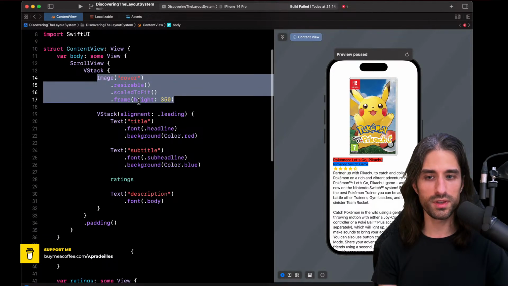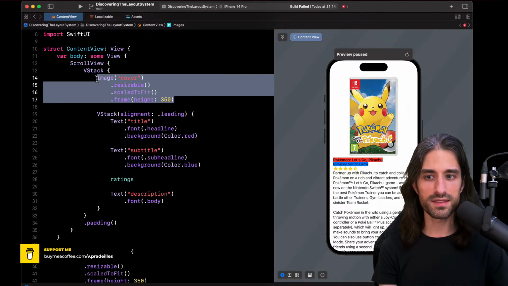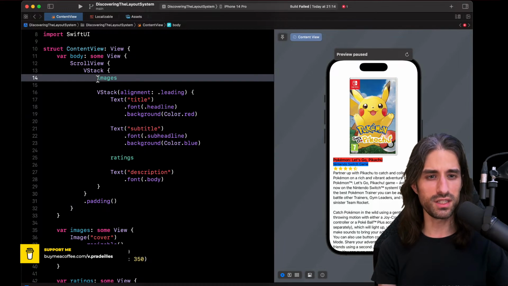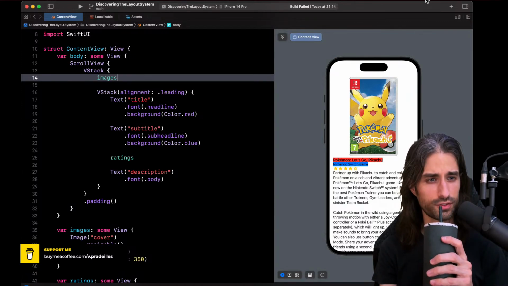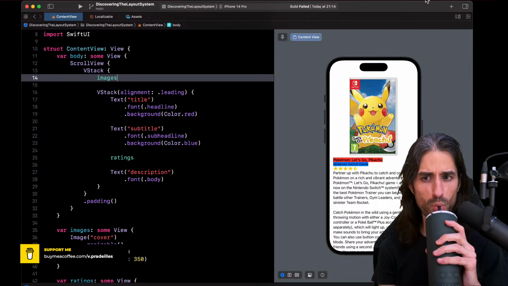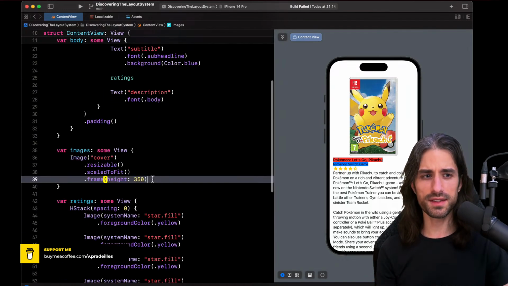So what I want to do is put the image that I have for now inside my images and replace this right here with images. So I should have the same code as before. Okay, I still get the same result on the screen. But now we have a nice place to start implementing the carousel.